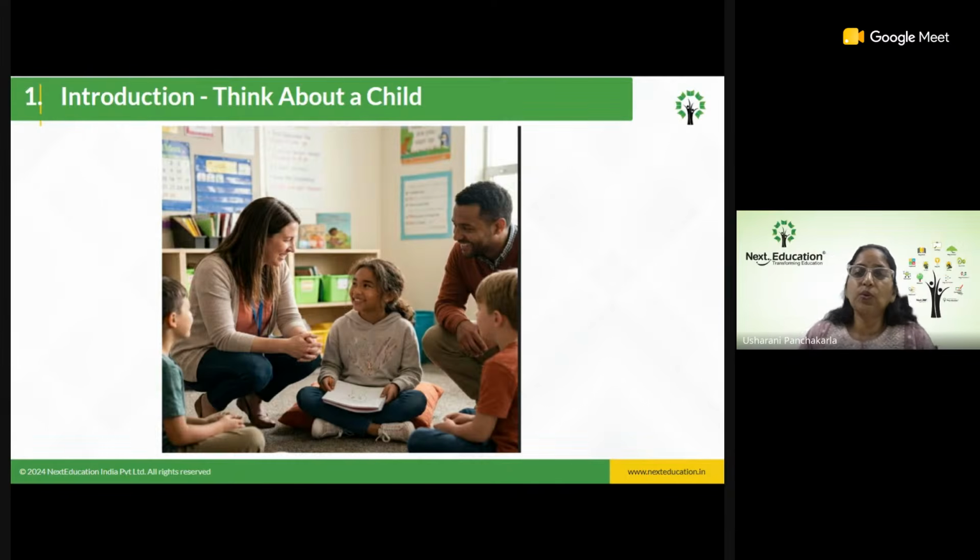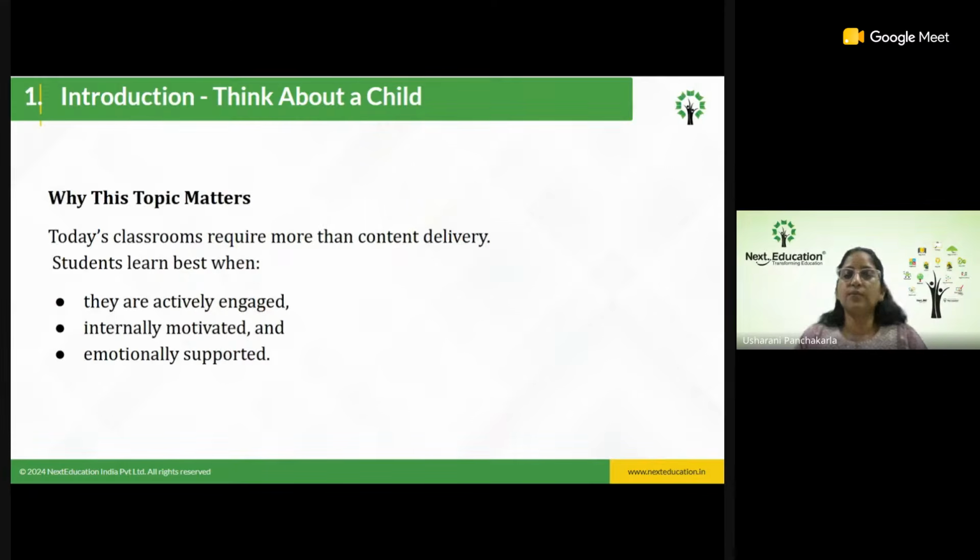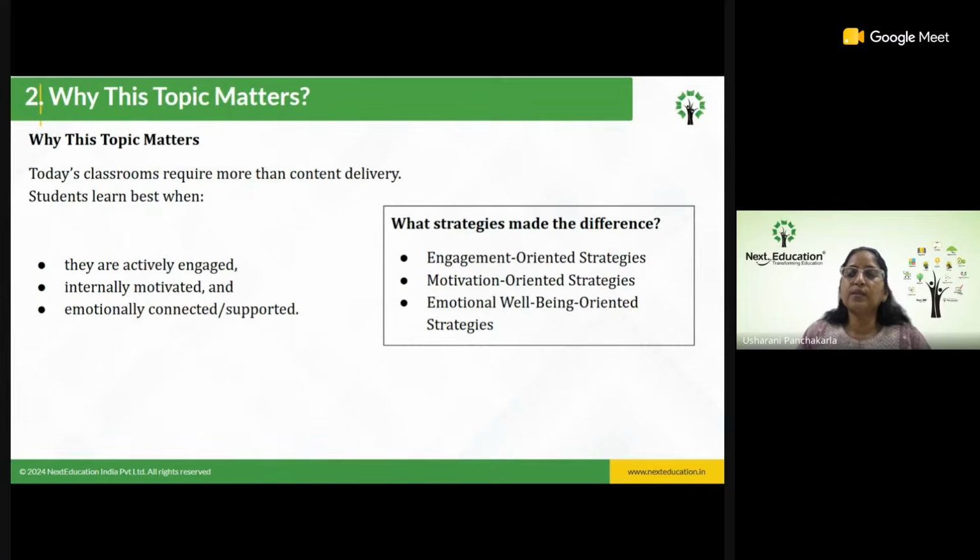So let us see the different strategies. Here comes the answer. So here the students are actively engaged. That is one. They're internally motivated. Second, and they're emotionally supported. Because of all this, I can say the student is engaged.